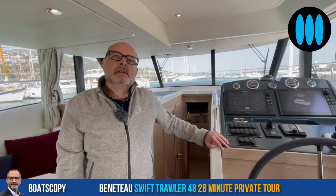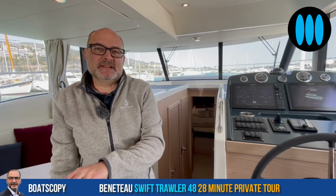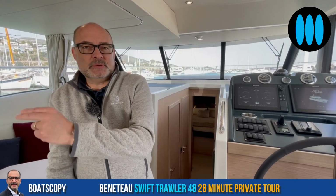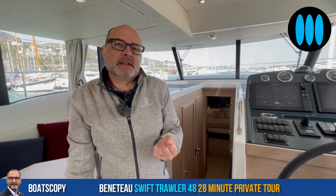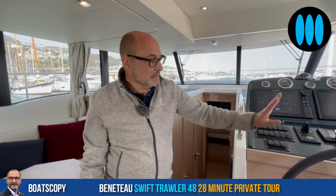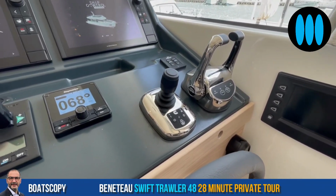Swift Trawler 48? So on this boat, we have the standard engines, which are the Cummins QSB 6.7 litre, and these are the 380 horsepower engines. The upgrade engines are 425 engines. It's a semi-displacement hull with classical transmission. Yes, straight shafts. Nothing complicated. We do have the Cummins joystick, which integrates the progressive thrust Schleitner, and this is a